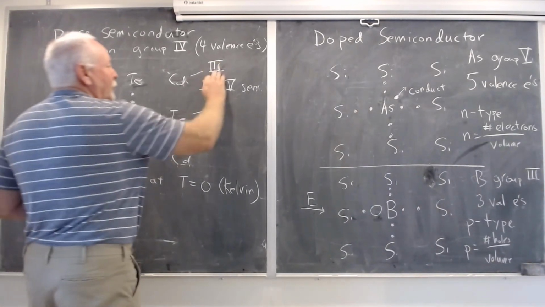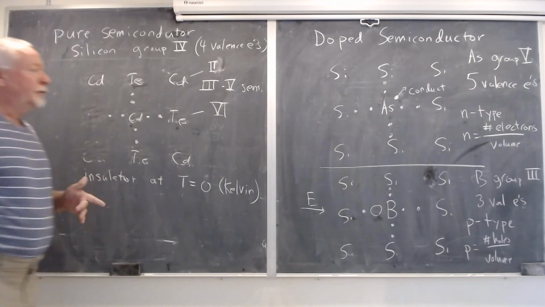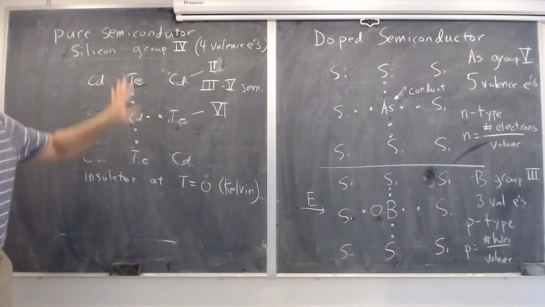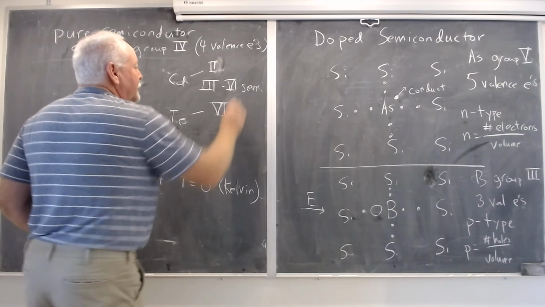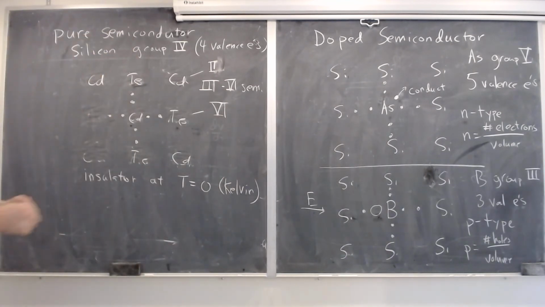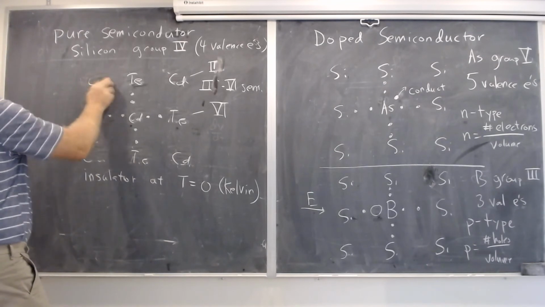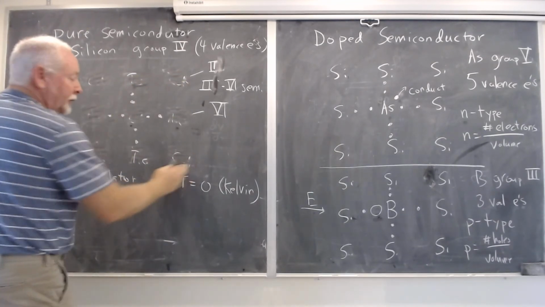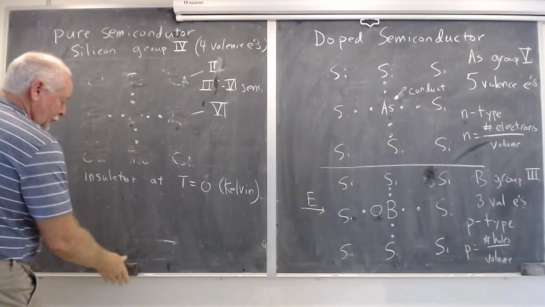I'm not sure I got my atoms right here, but you can form a crystal like this using group 2, which I think cadmium is, and telluride, which is group 6, I think. And so you can have a 2,6 semiconductor. And let me erase that quickly because it might be wrong. I should have been sitting here with the periodic table in front of me. And, you know,